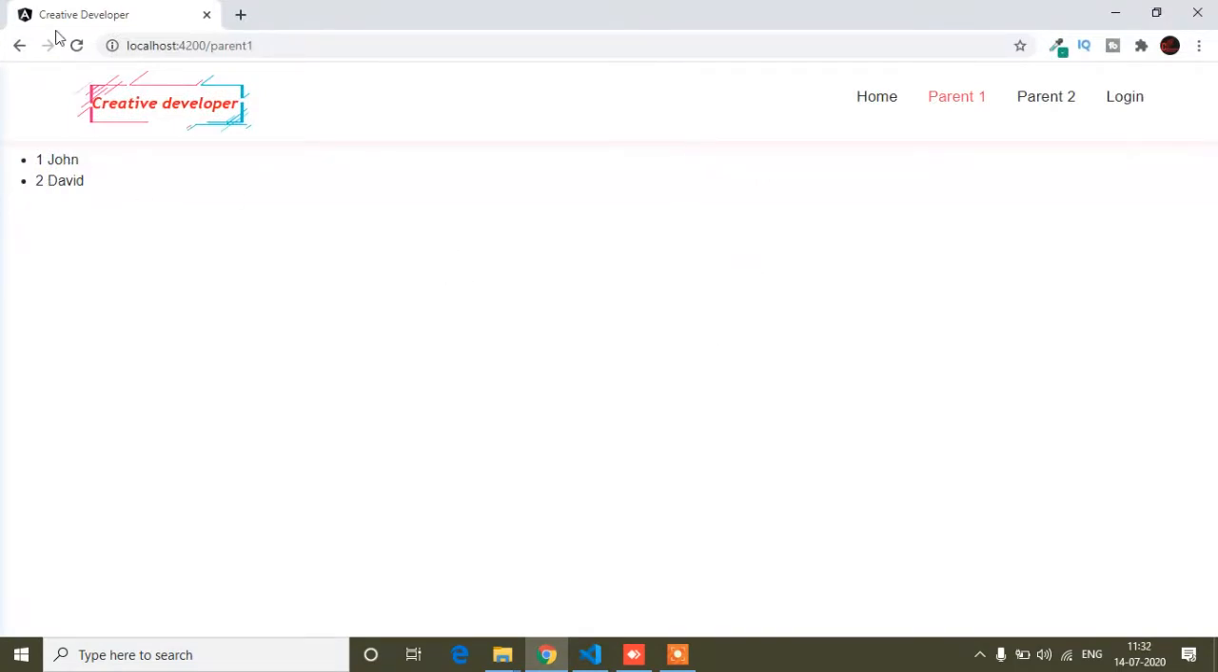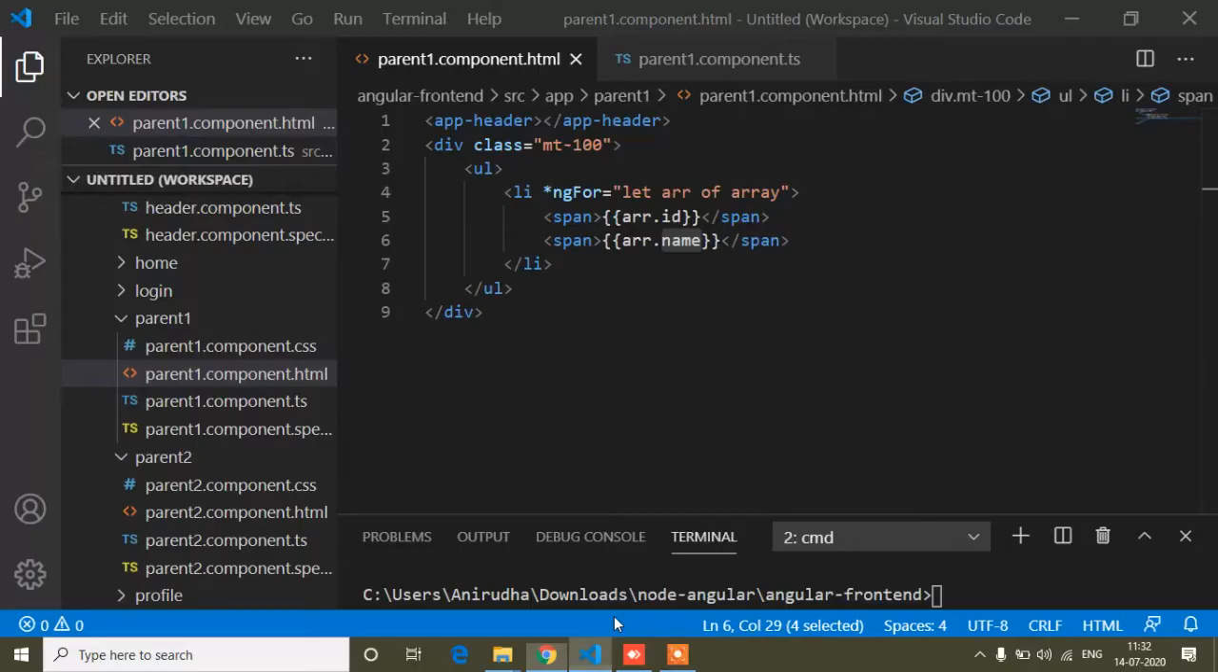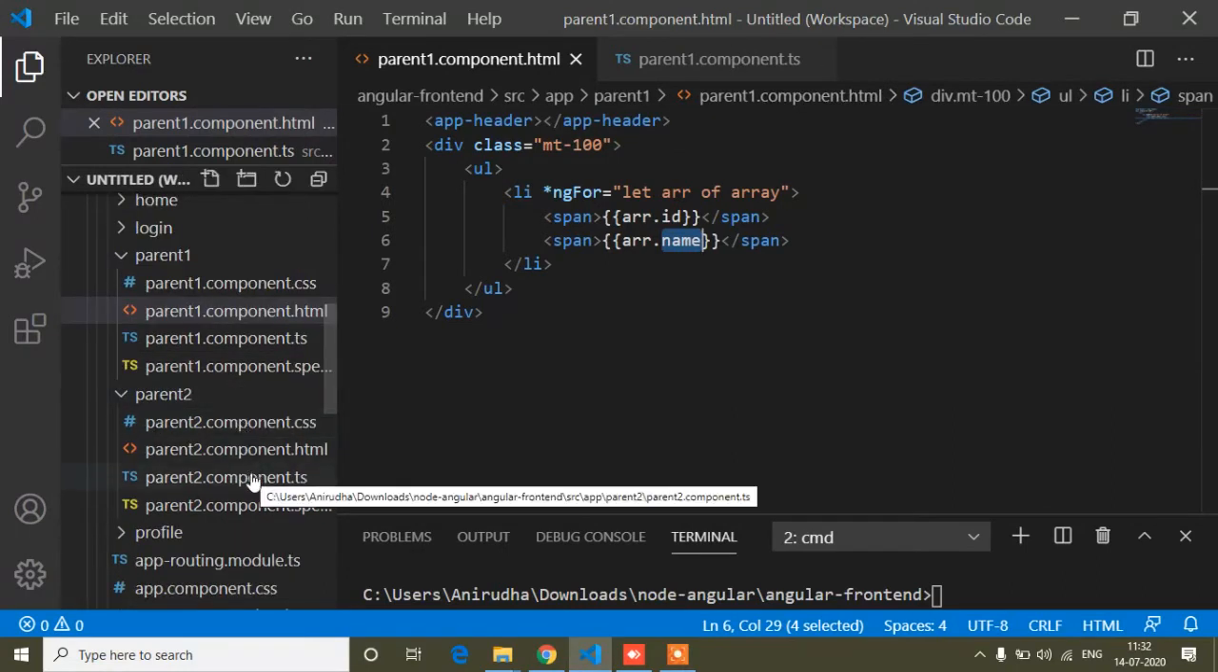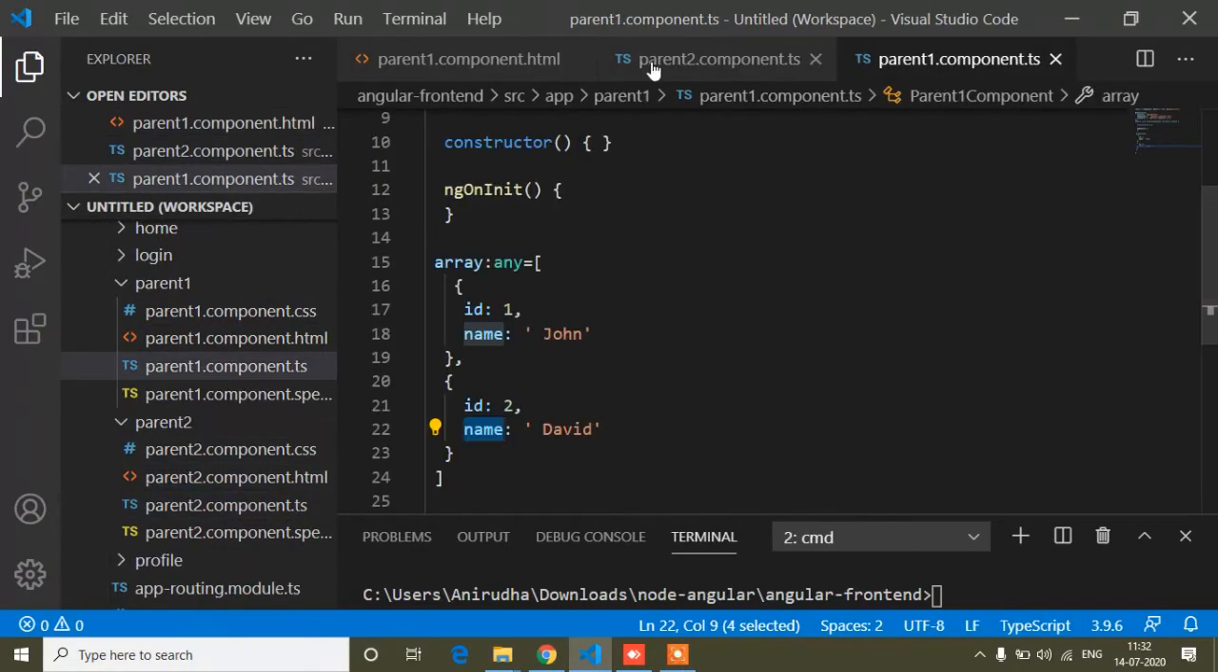But guys, suppose I want to show this array inside our parent2 component also. This is the parent2 component, you can see the URL. So I want to show the array inside parent component 2 also. So for that I have to do the same process. First of all I will open our parent2 component.ts file. So here you can see I have to define this array like this,